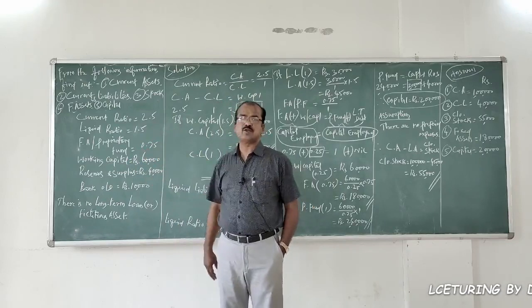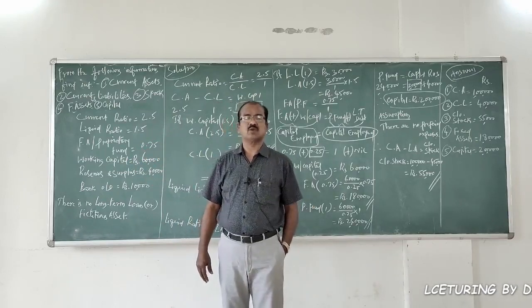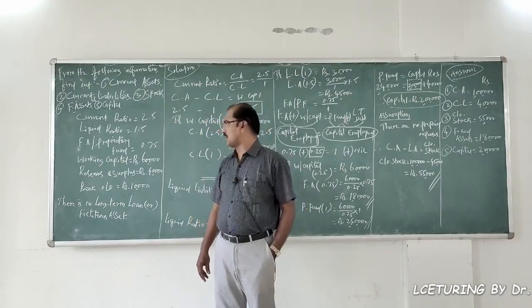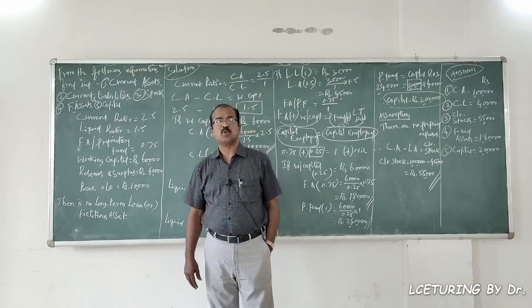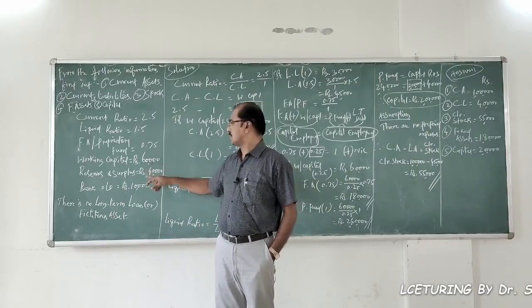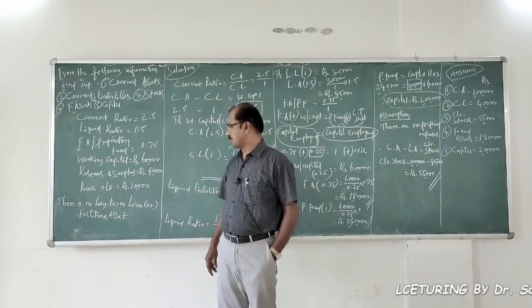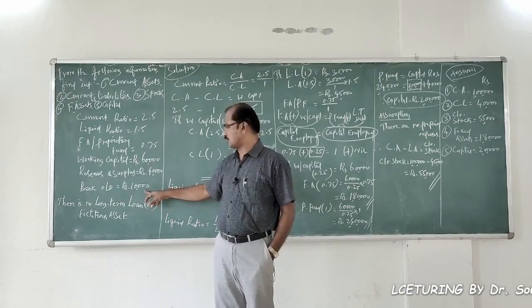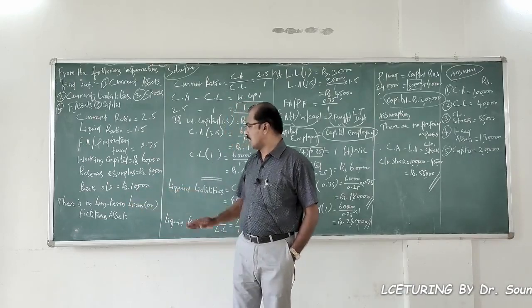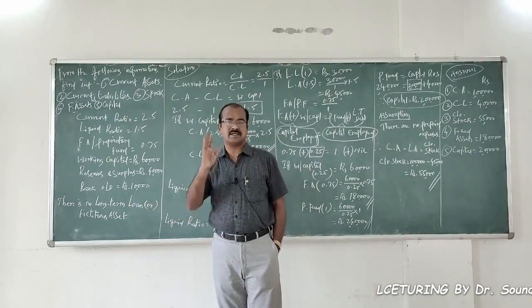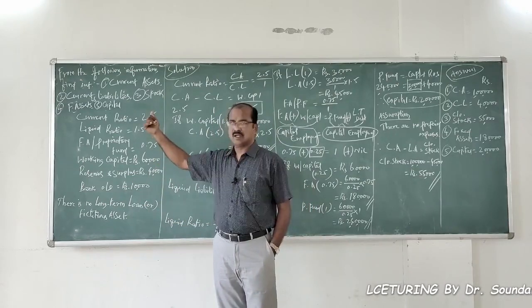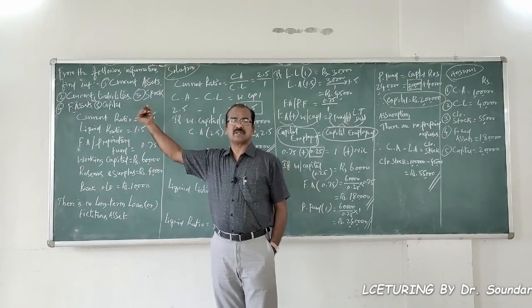The first one, current ratio 2.5. That means 2.5 is to 1. Liquid ratio 1.5. Fixed assets to proprietary fund, it's nothing but 0.75 is to 1. Working capital 60,000 rupees. Reserves and surplus 40,000 rupees. Bank overdraft 10,000 rupees. We are also informed that there is no long-term loan or fictitious asset in the problem. So these are all the details based on which we need to find out the values of 5 items that are asked for.